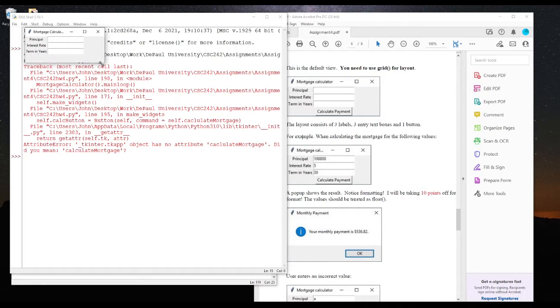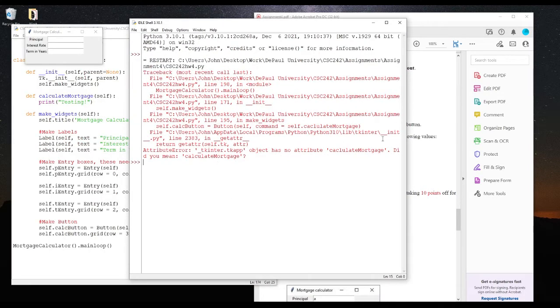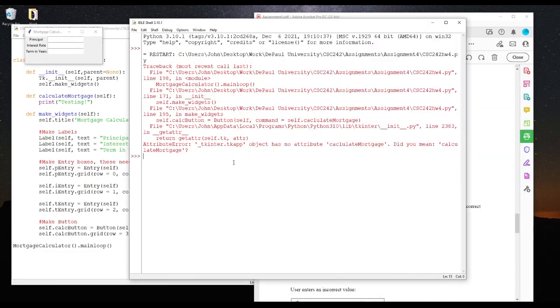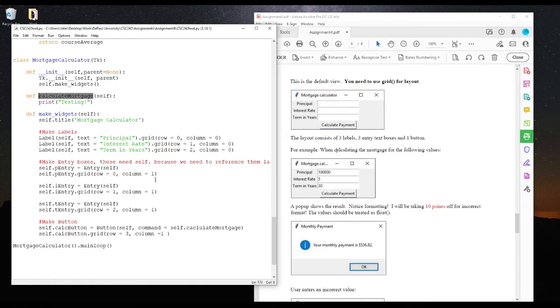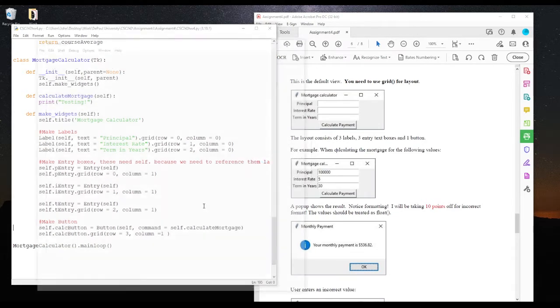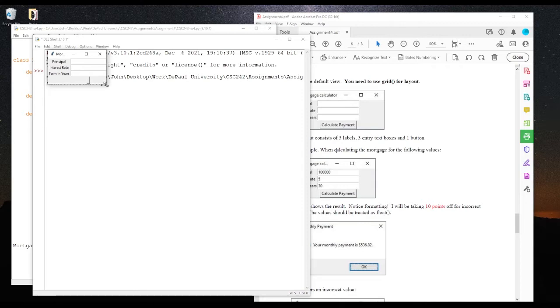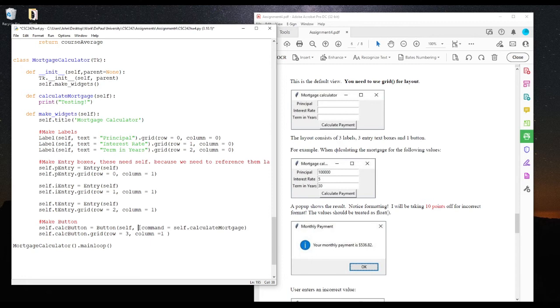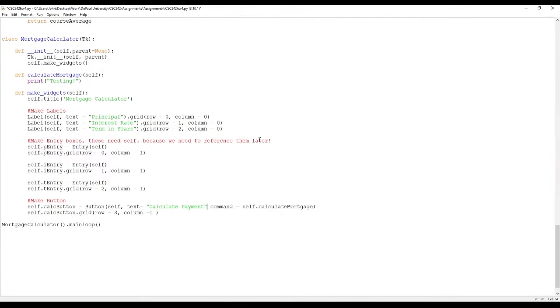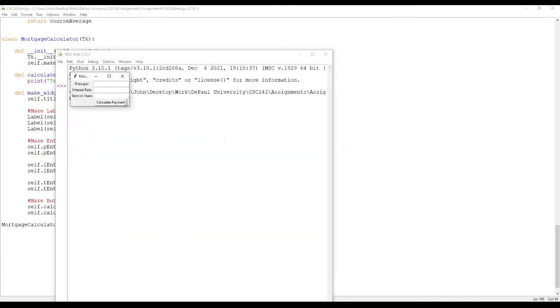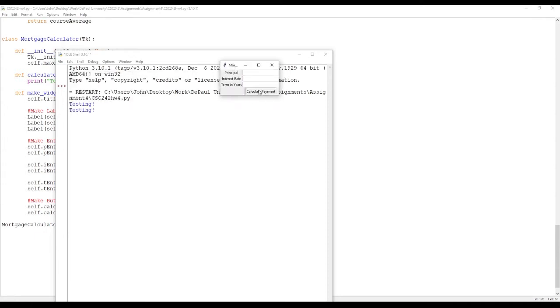we'll notice that I get this interesting error that says tkinter TkApp object has no attribute calculate mortgage. Did you mean calculate mortgage with the capital one? I might have actually just spelled this wrong. Let's go ahead and see if this fixes it. Okay, so that was just my fault. I went ahead and spelled it wrong. I also forgot my text, so let me go ahead and set my text here to be calculate payment really quick. And let me full screen this so we can really see what's going on. Great, and now this looks just like the PDF,